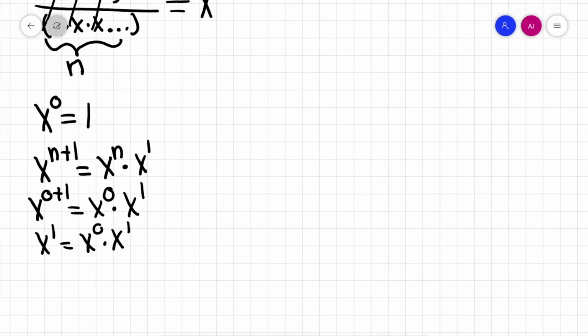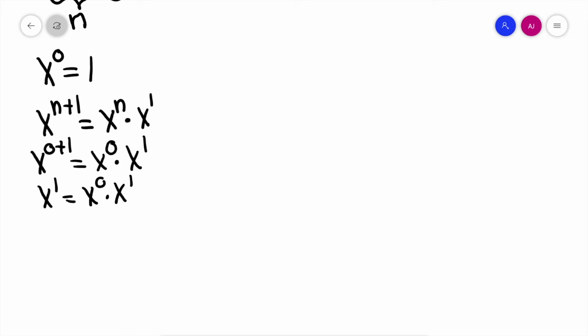And then if you divide x to the 1 over x to the 1, you see that it is just 1. So you get 1 equals x to the 0, right? And then another thing,